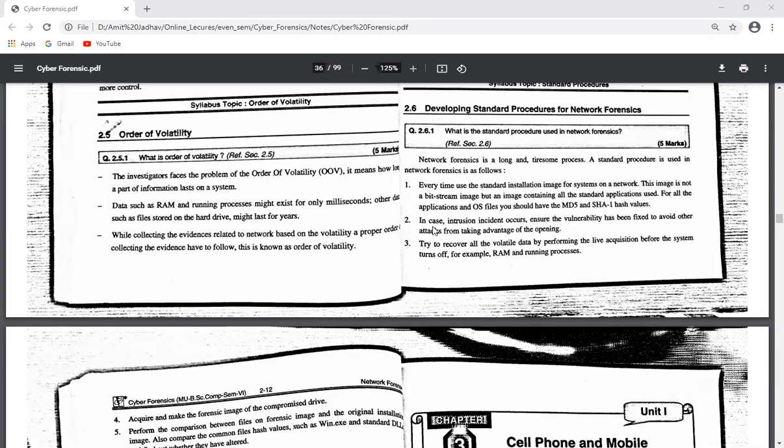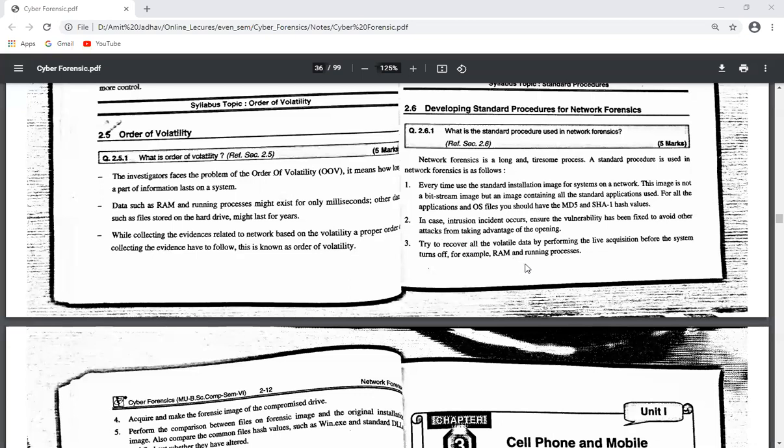So when an incident or intrusion happens in any organization, they should take care of the vulnerability. First, the forensic developer must fix the vulnerability, and after that try to recover all the volatile data, for example RAM and running processes, by performing live acquisition before the system turns off.